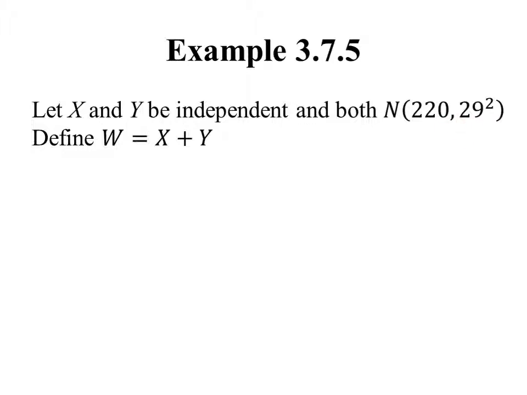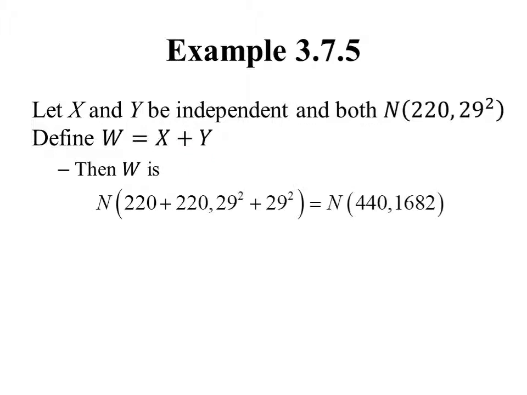Now let's define this random variable w to denote the total weight of those two people. And in terms of x and y, that's just x plus y. So here w is 1x plus 1y. And so by our previous theorem, w is normally distributed with a mean of 1 times 200 plus 1 times 200, and then a variance of 1 squared times 29 squared plus 1 squared times 29 squared. And if we do all that arithmetic, we get a mean of 440 and a variance of